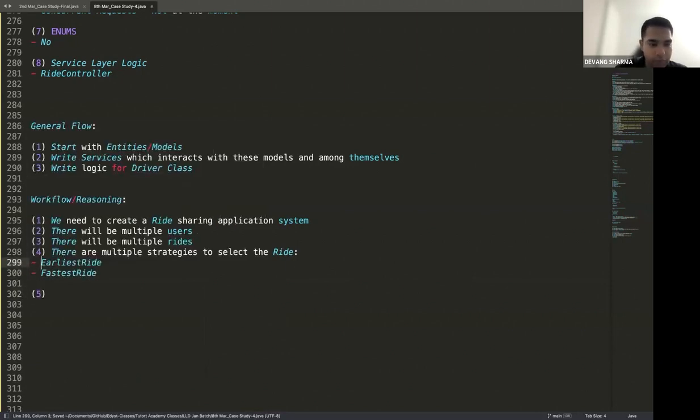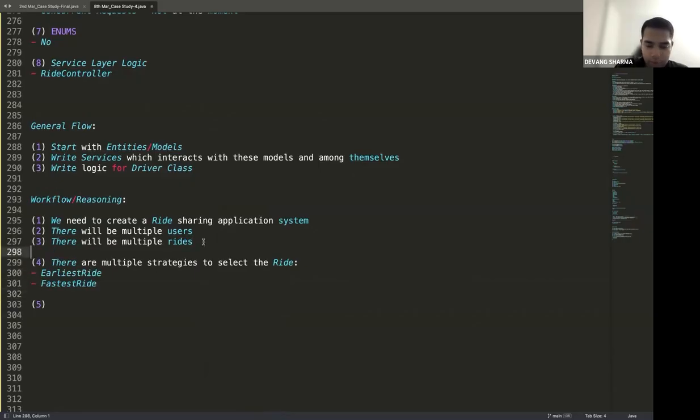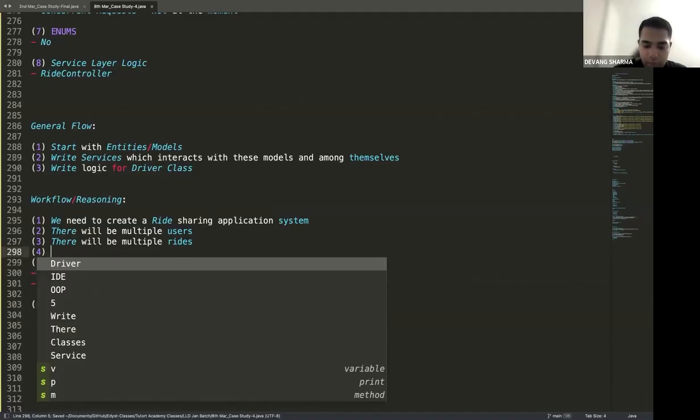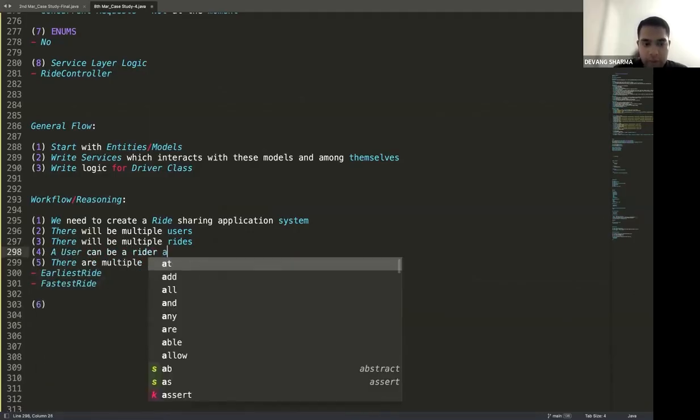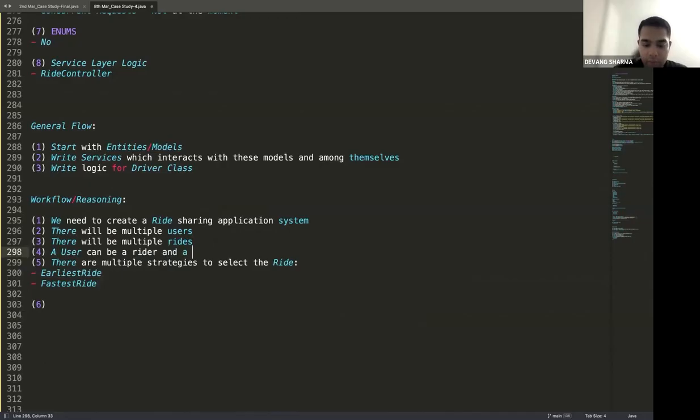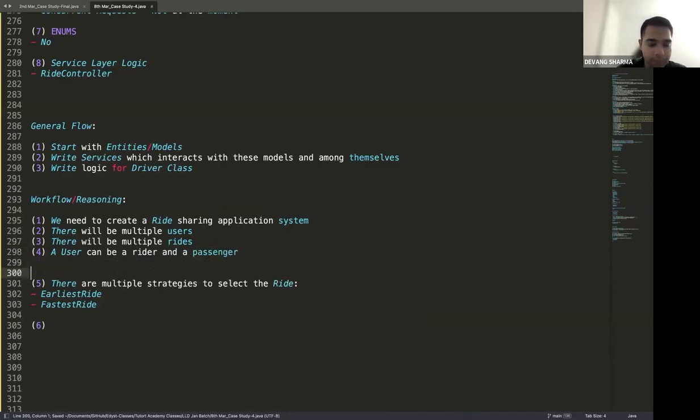Number five. So one more thing to add here, five, and then this would be six. The user, which is acting as a rider, can be a passenger also. So a user can be a rider and a passenger. But one edge case that we talked about in the example of Rohan, the edge case could be